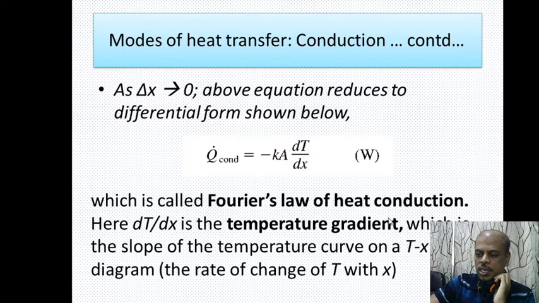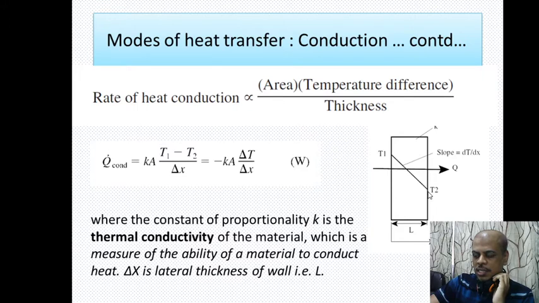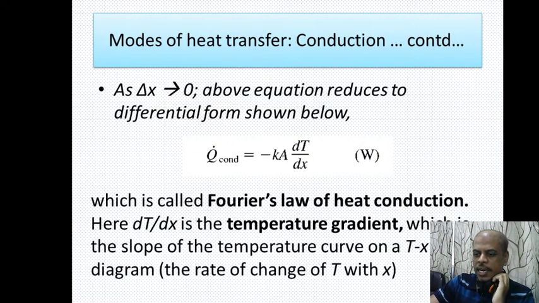In Fourier's law of heat conduction, dT by dx is the temperature gradient, that is temperature fall or rise. Gradient means there is a change, it is not steady. It is the slope of the temperature curve on the T-x diagram, the rate of change of T with x. Here you can see the temperature is higher on one side and lower on the other. As we go from T1, from this wall towards this wall, it goes on reducing. So this is called the temperature gradient, or change of temperature with respect to